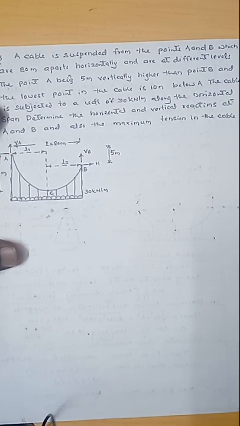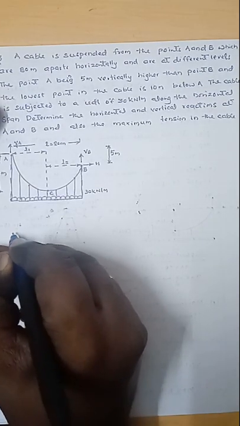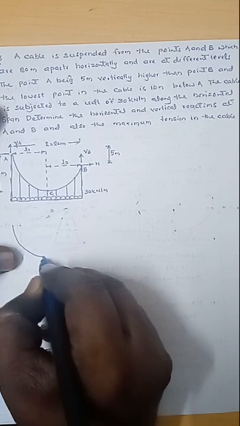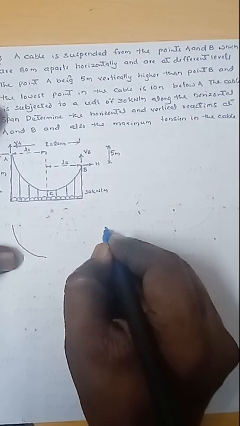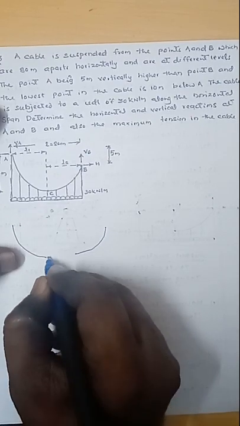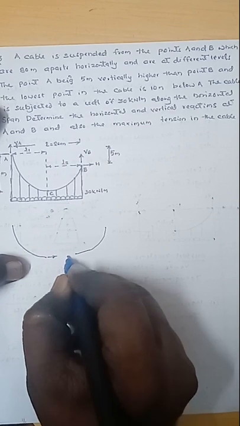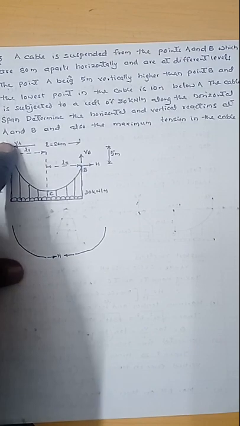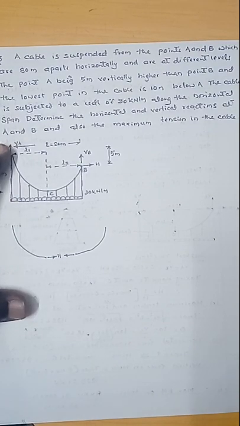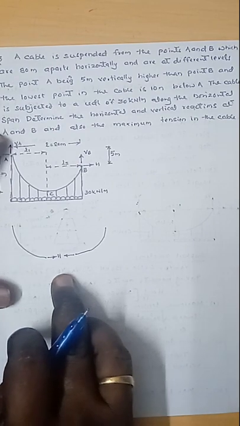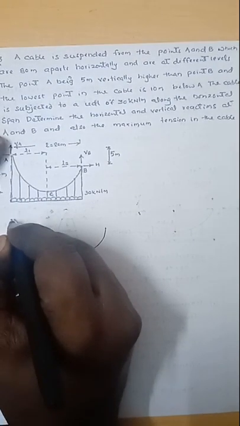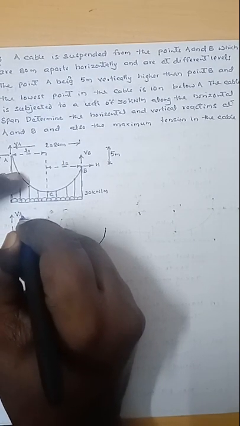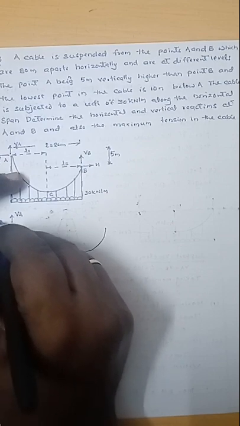Here to calculate the support reactions, we don't know the value of L1 and L2. Then cut this. Here this one is one portion, this one is another portion, this one is point C, this one is the horizontal reaction. At C, there is no vertical here. Then this one is the horizontal reaction at C. Then this one is VA, this one is HA or H.